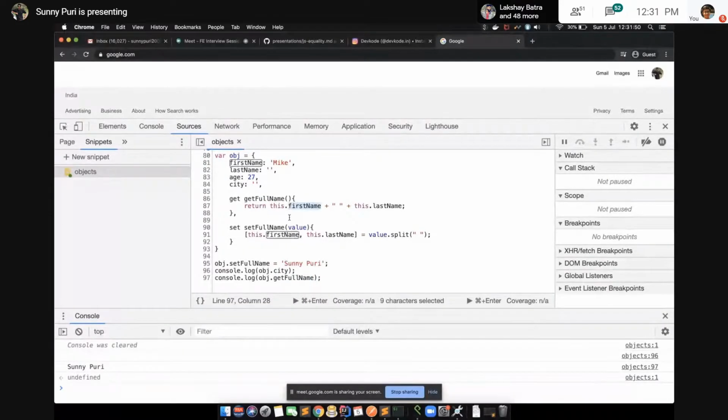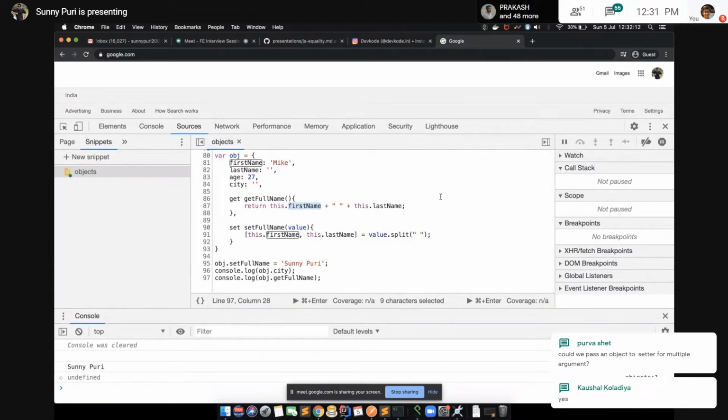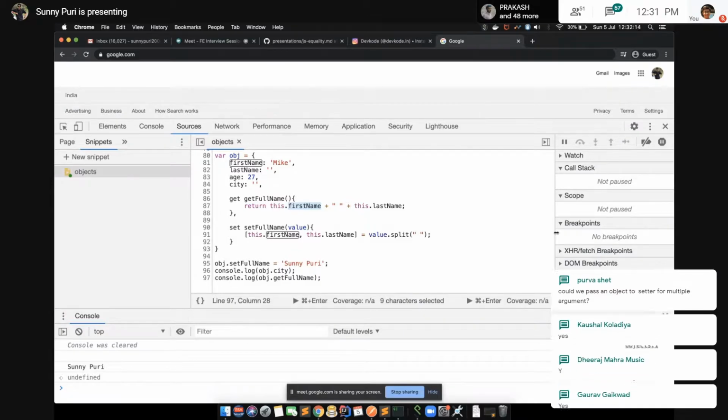So what we have done, we have split the values. In case of multiple parameters, we do it like this. This is the only way to handle multiple arguments. Got it, Gopal? Guys, you got it? How we should use multiple arguments? We should use something like this.